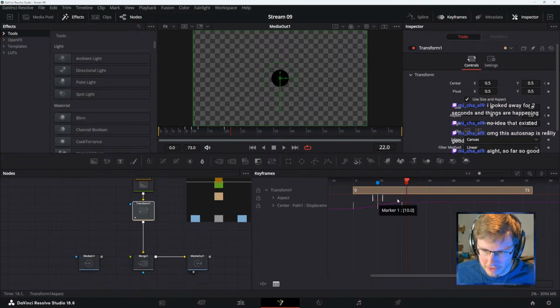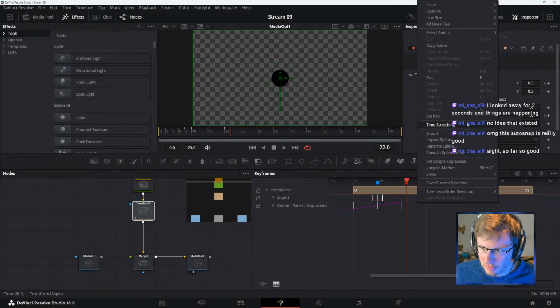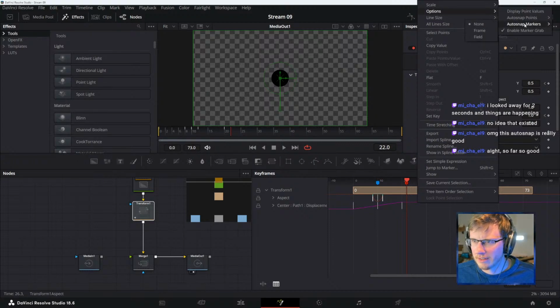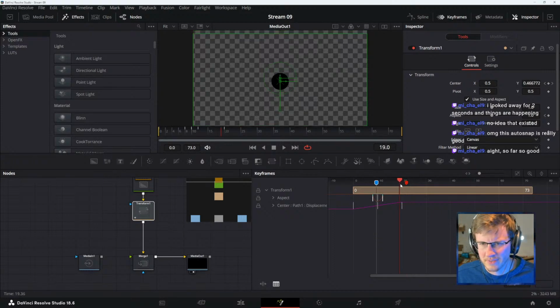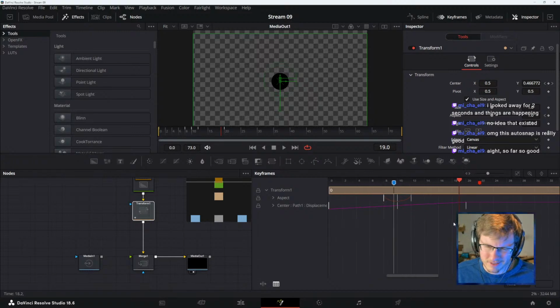We tried auto snapping and it broke things. But if you go to options, auto snap, to be honest, I don't know what that's for. If you have a lot of keyframes and you want stuff to kind of click in, that's what snapping is in programs, so I guess that's the same idea.